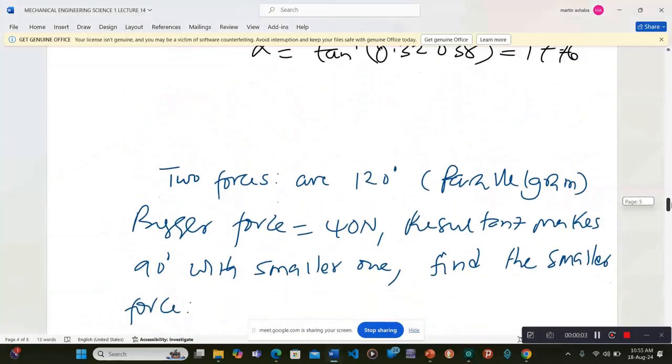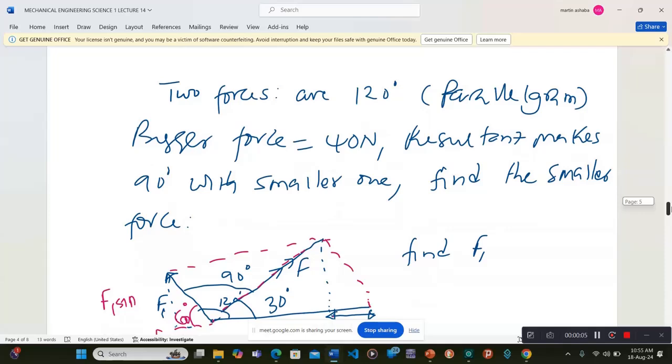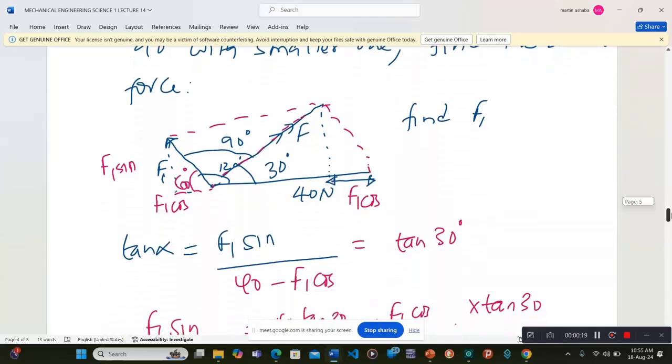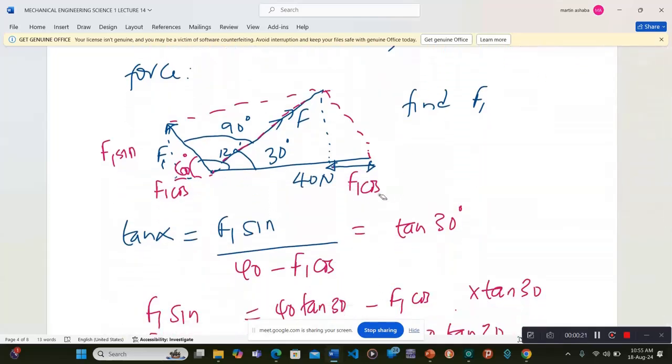So we are saying we have two forces 120 degrees apart. The bigger force is 40 newtons. The resultant makes 90 degrees with the smaller one. Find the smaller force. We have drawn our parallelogram, and the bigger force will occupy the bigger side of the parallelogram,